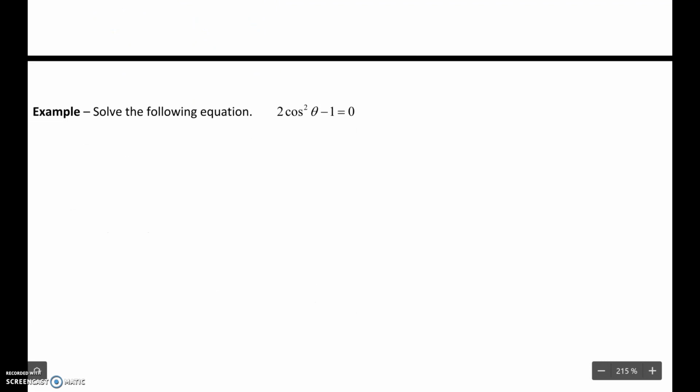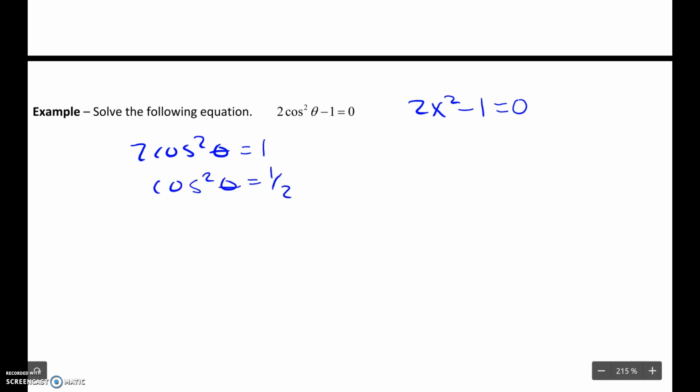All right, so we have another example. Solve the following equation: 2 cosine squared theta minus 1 equals 0. If you thought about 2x squared minus 1 equals 0, we'd solve that equation by adding 1, dividing by 2, square rooting both sides, right? So same idea here. 2 cosine squared theta equals 1, so cosine squared theta equals 1/2. Square root,